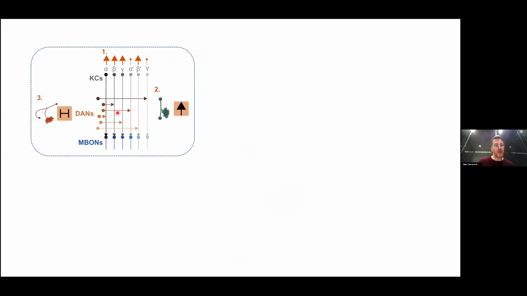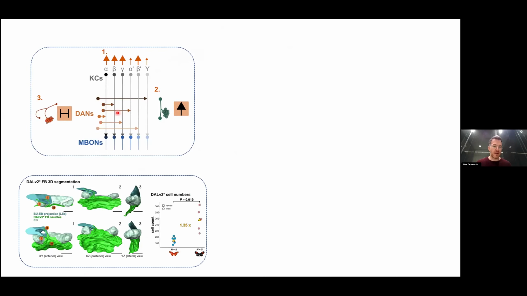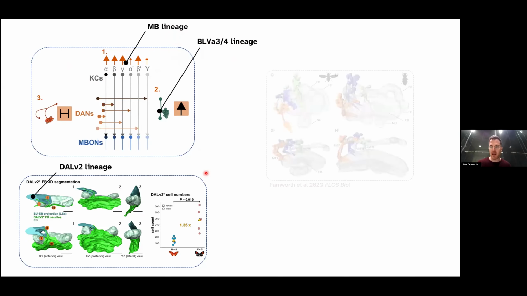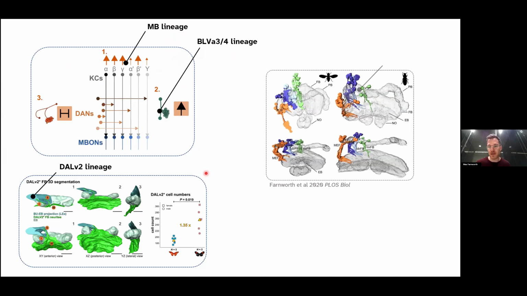And why am I telling this? Because all of these results that I've shown you, and also results that I haven't had time to mention, all make sense in terms of their underlying developmental neural lineages, right? For example, these Kenyon cell types that I've explained to you that change mosaically, they are all produced by MB lineages, 2 or 4 neuroblasts, depending on which species, or the feedback neurons produced by this lineage, or other stuff by other lineages. And even my PhD thesis can be linked back to this.